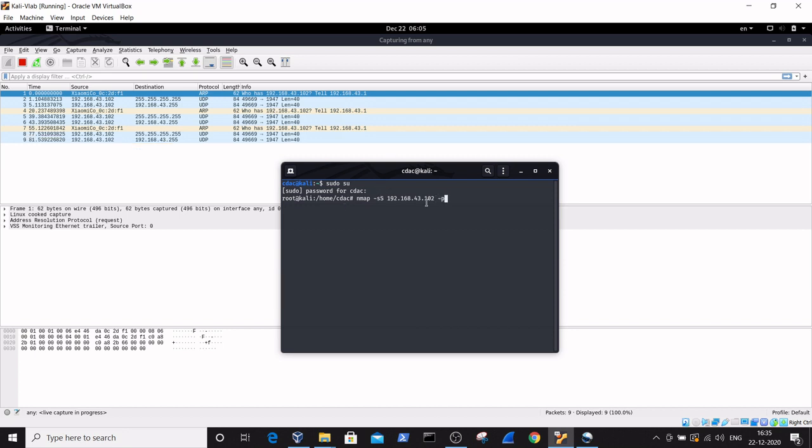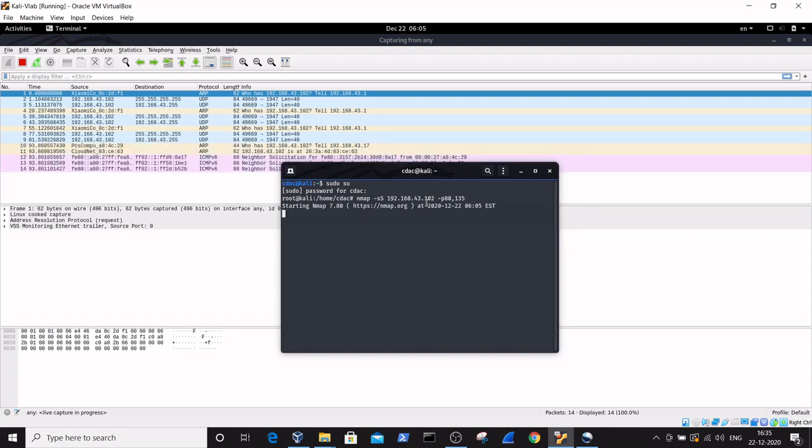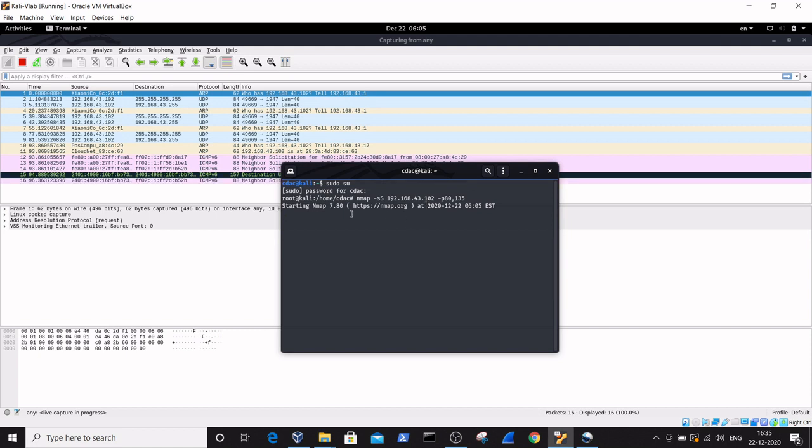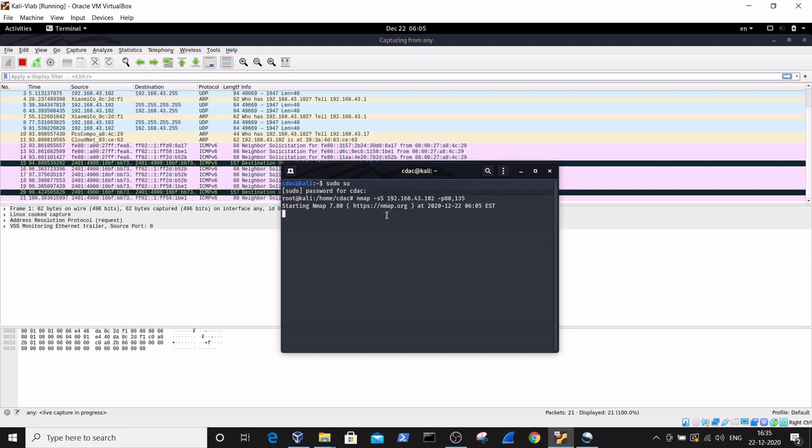I am specifically mentioning some port numbers, that is -p 80,135 for a quick scan. Just press enter to obtain the information related to the SYN scan command.